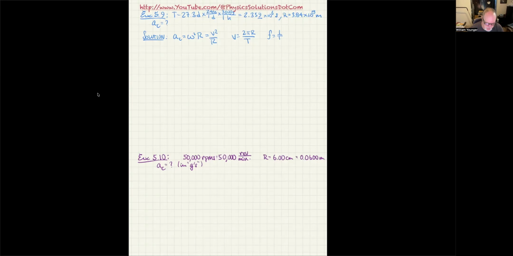So anyways, we are asked to determine the centripetal acceleration, and the formula for centripetal acceleration that we derived was omega squared r, and then I used v equals r omega to convert that to v squared over r. We also know that when something travels at a constant speed in a circle, the average speed is the same thing as the speed, and that is distance divided by time. And of course, the distance around a circle is considered to be